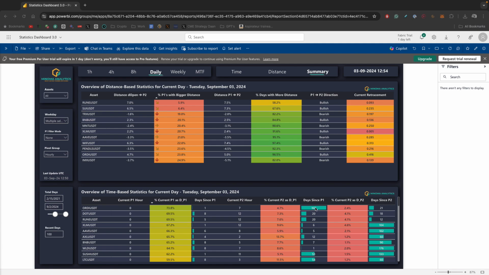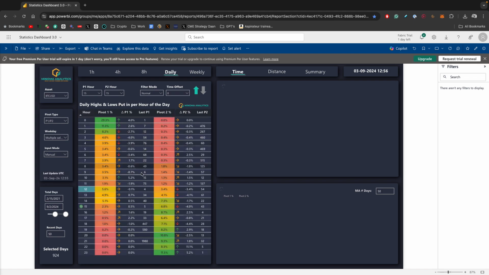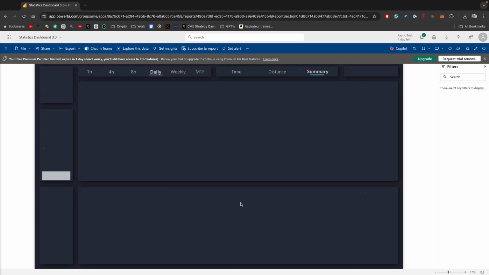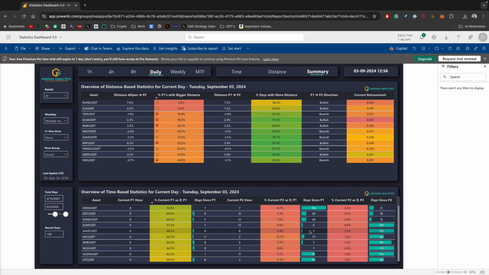So this is obviously for the P1, P2 flip. In addition to this, here we can see that it's been 21 days since hour 7 has put in a P2. So once again, you probably already noticed this is from right here. This is the same as this column, right? Last P1, last P2 on this page here. Only then aggregate, or not aggregated, but it just shows it for all the assets in a very easy to